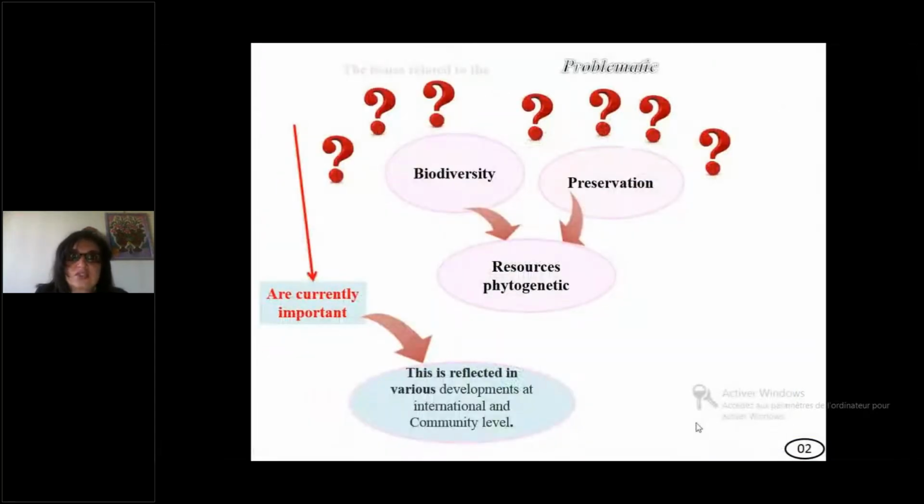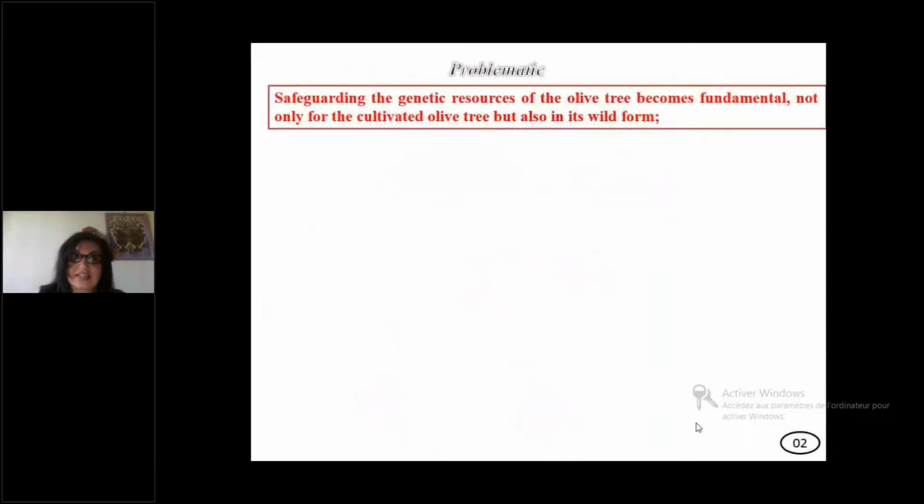The challenge related to biodiversity and preservation of phytogenetic resources is currently important. This is reflected in various developments at international and community level. Safeguarding the genetic resources of the olive tree becomes fundamental, not only for the cultivated olive tree, but also in its